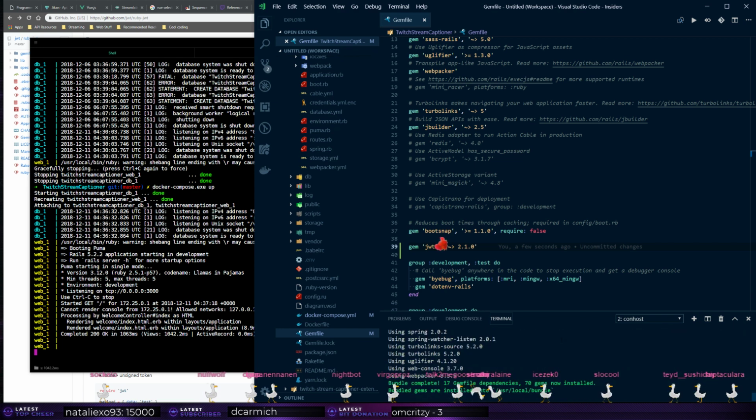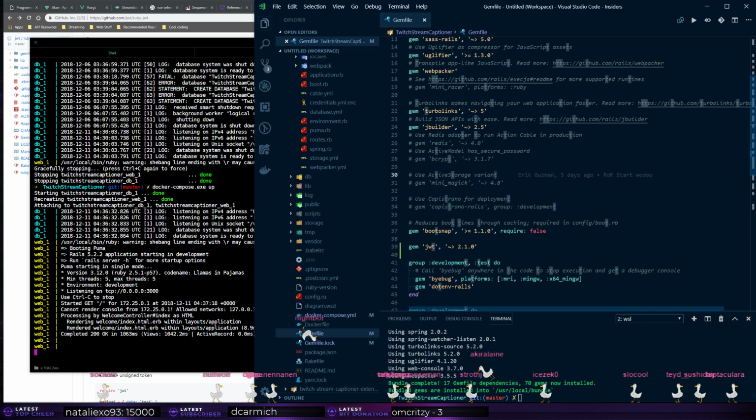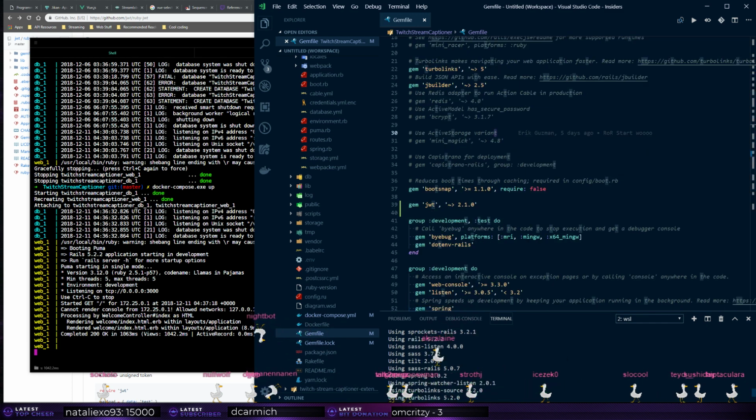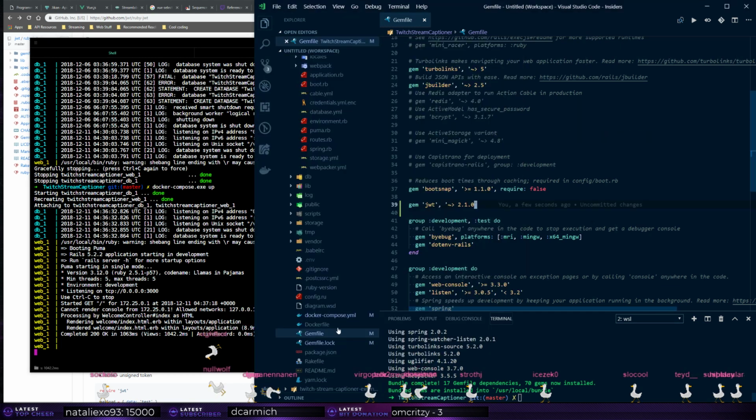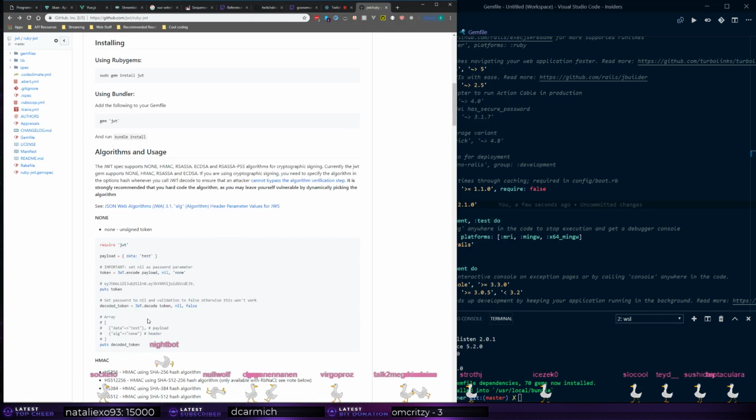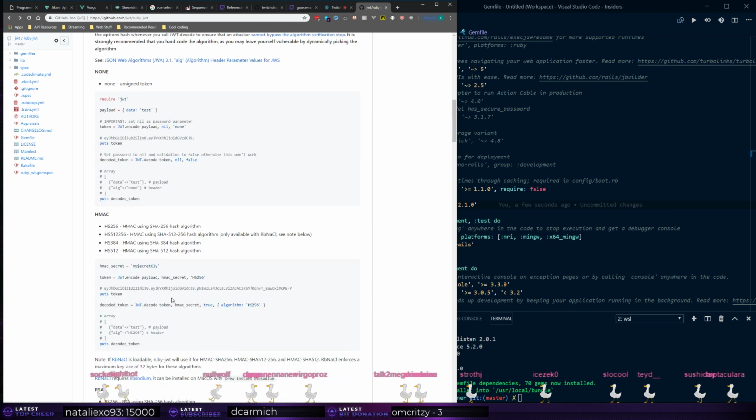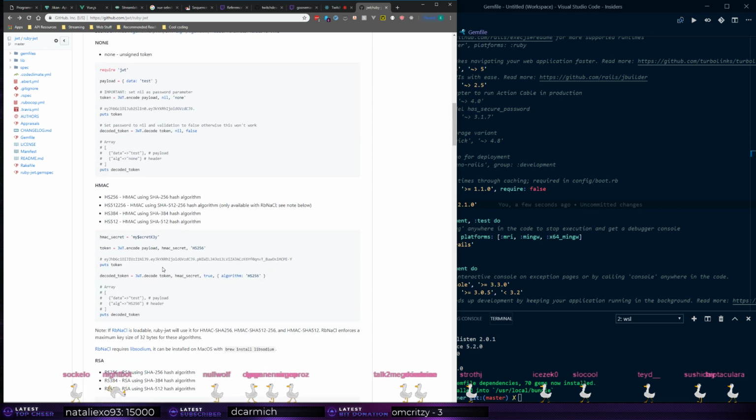This is the almost exact equivalent to running npm install, yarn install, but just for Ruby. Okay, so JWT is installed. So we got that going for us. So now, in order to sign a JWT token for our requests, we need the secret. So I think